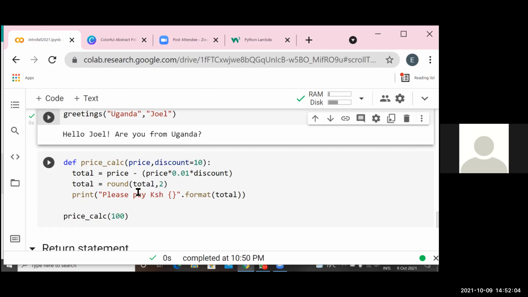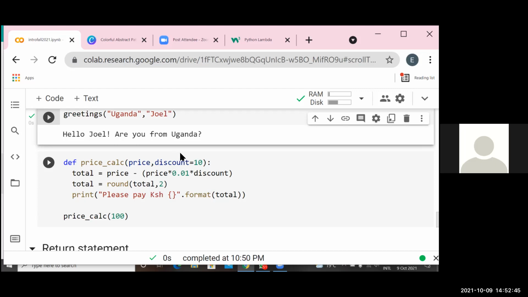So you create a variable and call it total. And what does it do? Total takes the original price. Remember order of precedence, so it would multiply this first. So you price times the discount, this is like calculating the discounted price. So maybe let's say you had an item that's 100 bob. The discount would be 10 shillings. So 100 minus 10. So you get the total and then you round it to maybe 2 decimal places. And then you create print. Remember, we talked about how to concatenate a string and a numerical value.